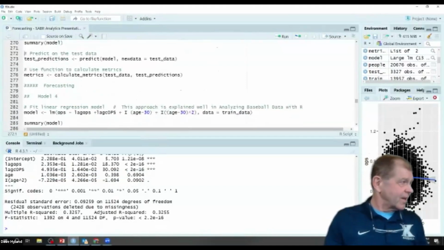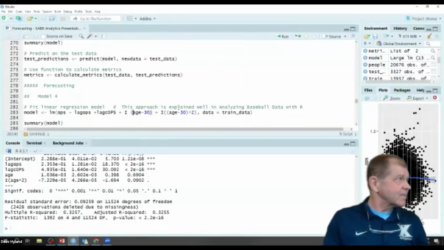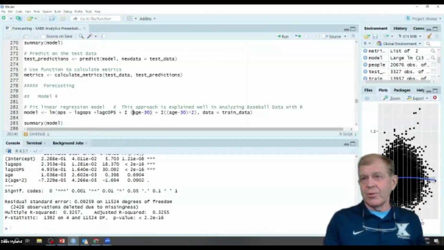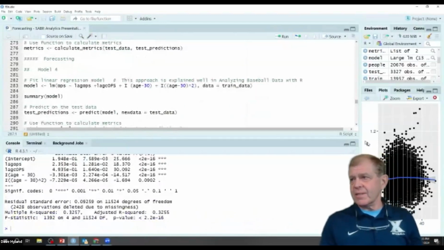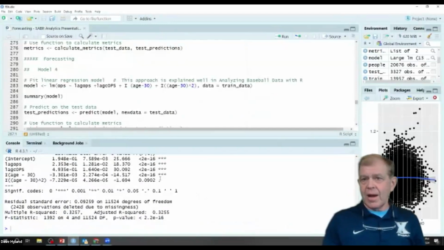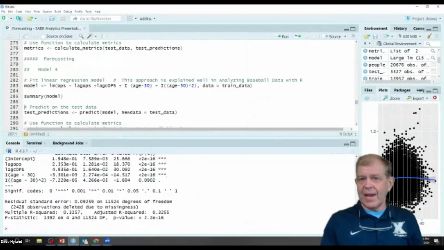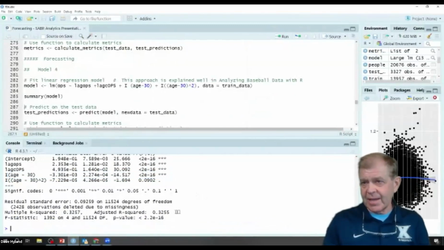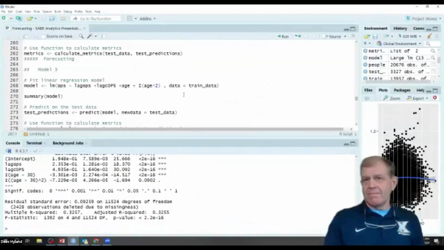And we had several in the last presentation. We talked about analyzing baseball data in R. So age minus 30 and age minus 30 squared, we're going to use those instead of just age and age squared here. So let's run our model, summarize it, and notice our results down here. We get statistical significance on age minus 30 and age minus 30 squared, and marginally a little better adjusted R squared. So we think that model 4 is probably better than model 2.